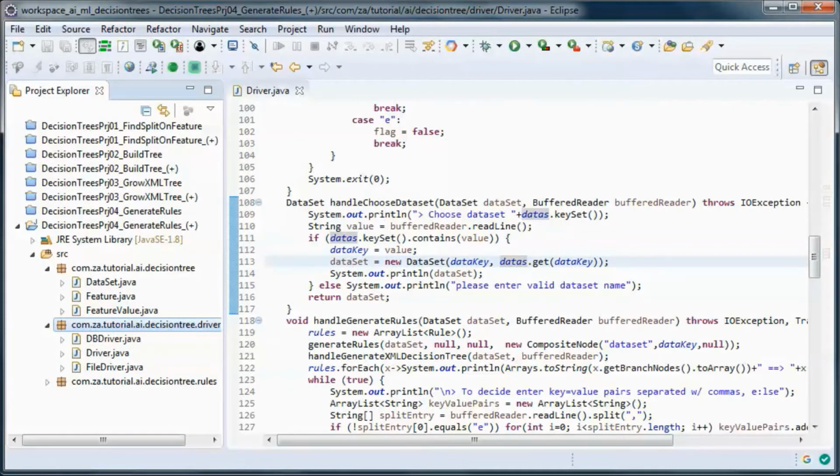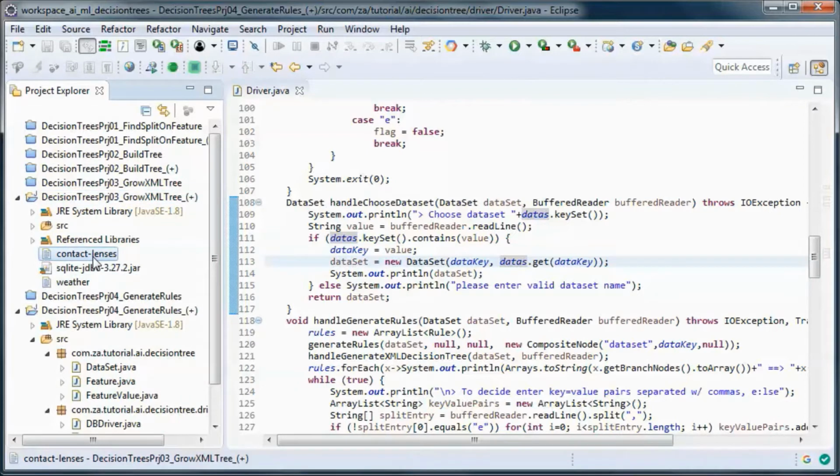an SQLite database. So let's go here and copy those two files, the contact lenses and the weather, for the data in a file, and the SQLite jar.